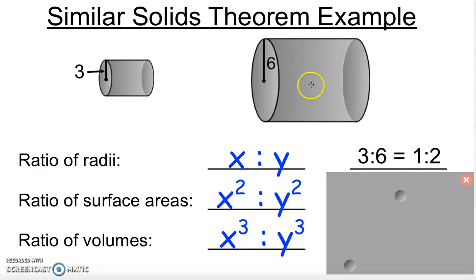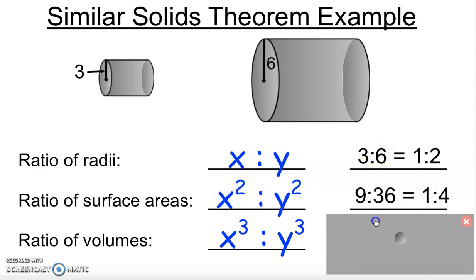So I square 3 and get 9, and I square 6 and get 36. And 9 to 36 reduces to 1 to 4, because 9 goes into 36 4 times. Now, if I'm going to take a look at the volume, like the amount of stuff that's inside the solids,